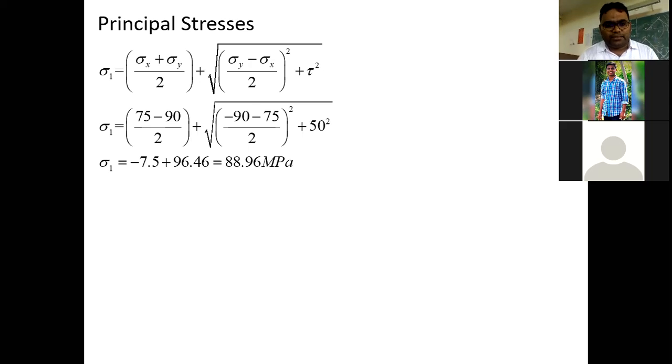तो आपने जैसे इसमें सारी वैल्यू रखी, तो ये कितना आ गया 88.96 मेगा पास्कल. सारी वैल्यू आप रख लेना घर में फिर से. मैं अभी I will be sharing this PPT to you, आप घर में प्लीज करके देख लेना. सो आपको बिल्कुल थोड़ा सा कॉन्फिडेंस आ जाएगा. तो how we obtain all these values. Now time to find the second principal stress or minimum principal stress.